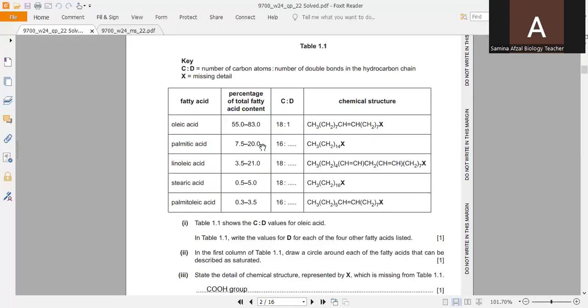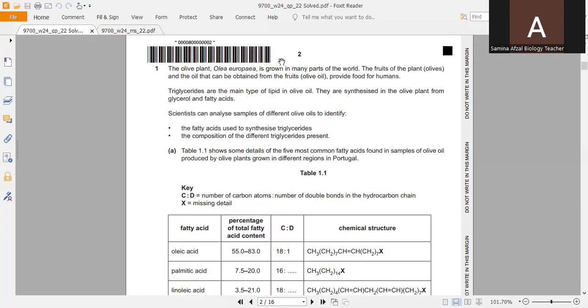And question number 1 is: the olive plant, Olea europaea, is grown in many parts of the world. The fruits of the plant, olives, and the oil that can be obtained from the fruits, olive oil, provide food for humans. Triglycerides are the main type of lipid in olive oil. They are synthesized in the olive plant from glycerol and fatty acids. Scientists can analyze samples of different olive oils to identify the fatty acids used to synthesize triglycerides, the composition of the different triglycerides present. Table 1.1 shows